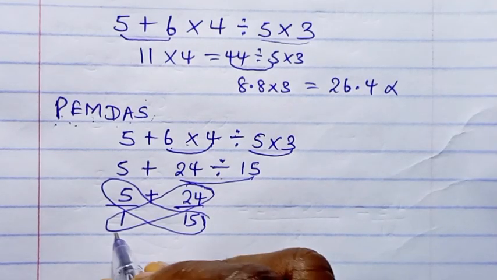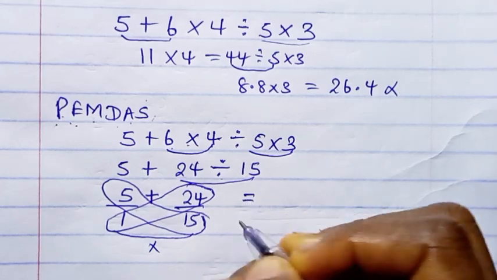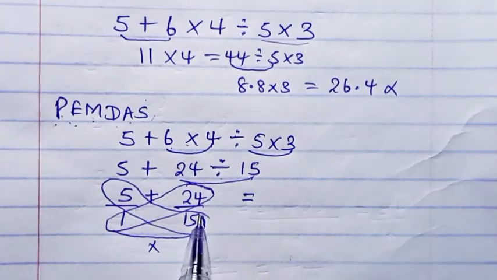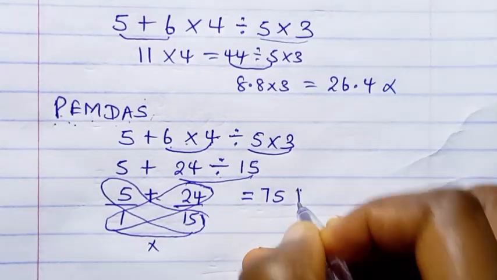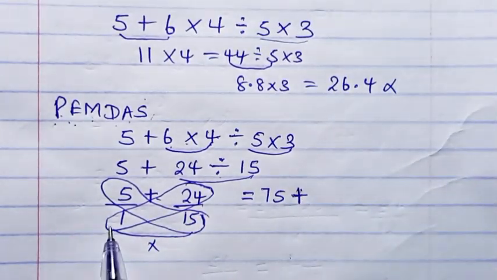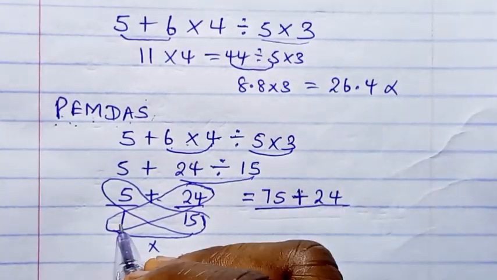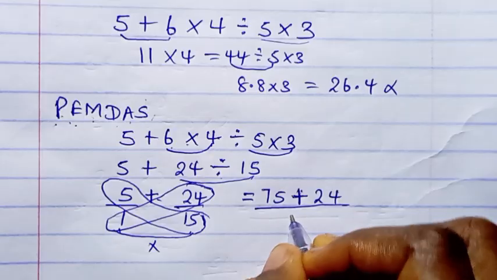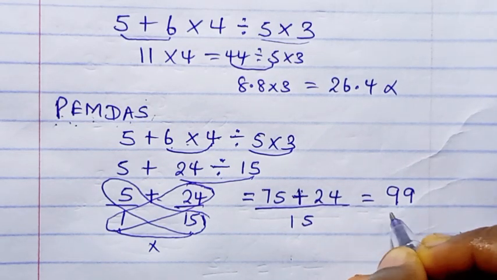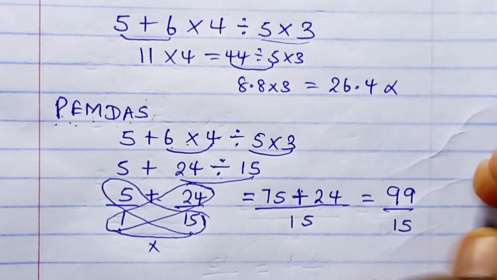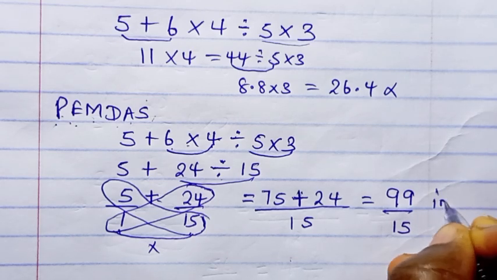5 times 15 will give us 75. This addition sign comes here. 1 times 24 will give us 24. You do your division sign. 1 times 15 will give us 15. When you add everything together, you are going to have 99 over 15. This answer is correct, but it is an improper